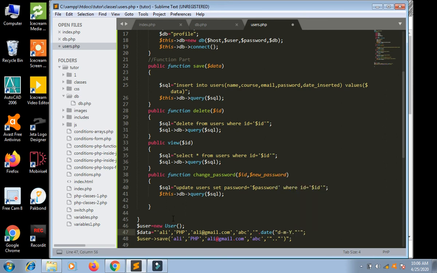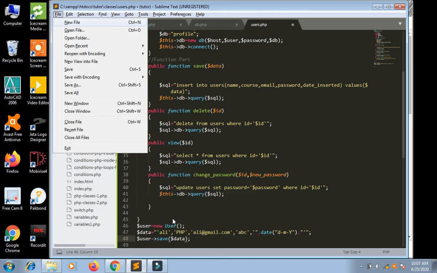Capital Y means full year, small y means not full year. Now this is the data, and we should put this data inside save, $data.